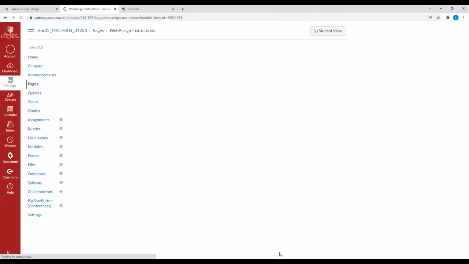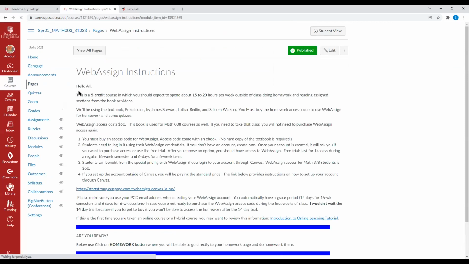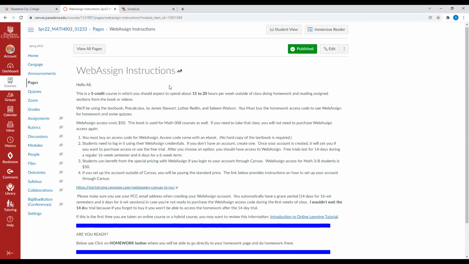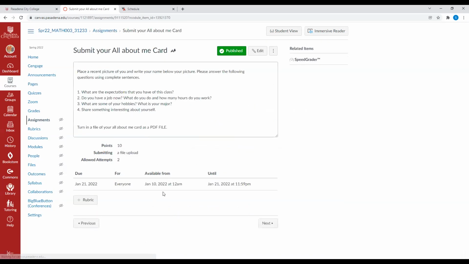Just click next. You're going to read the instructions for WebAssign, and then you can also see the link that you saw earlier if you have issues or problems with it. Okay. You're going to click on next. You're going to see the All About Me card right here. And you can see that right now, it's not available yet.